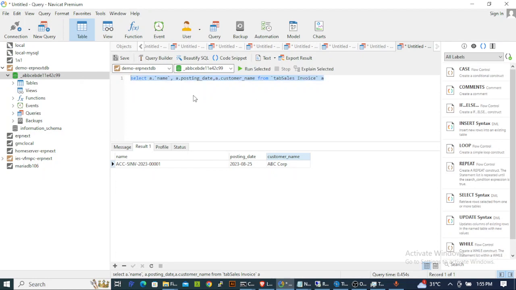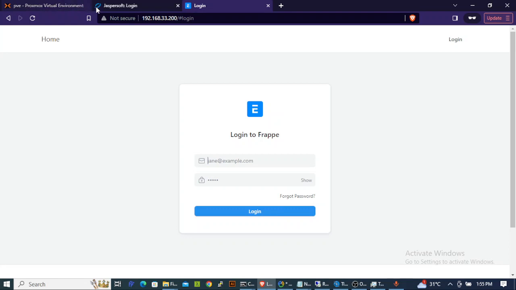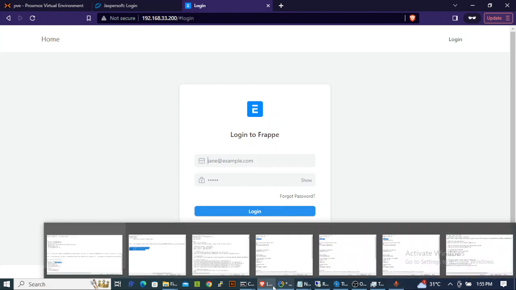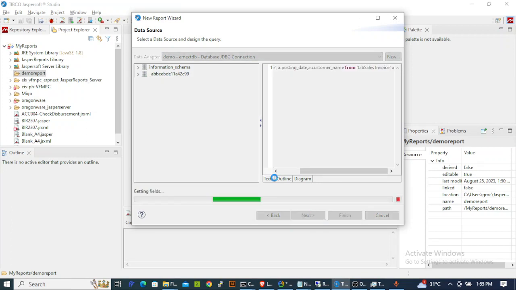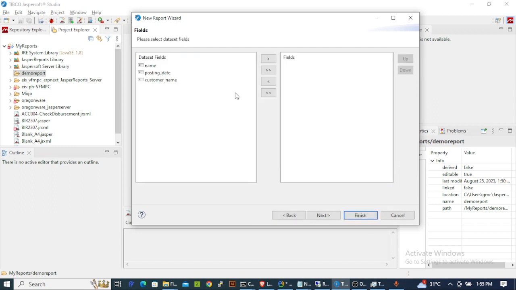So I just copy it, minimize it, and then go to our Jasper Studio, then paste it, and then next it will pull the data, which are these three fields that we pulled from the database from the